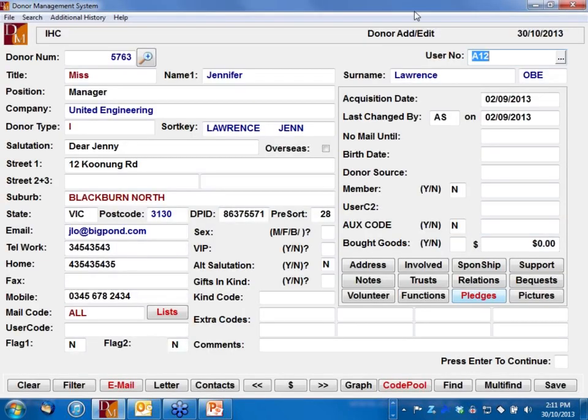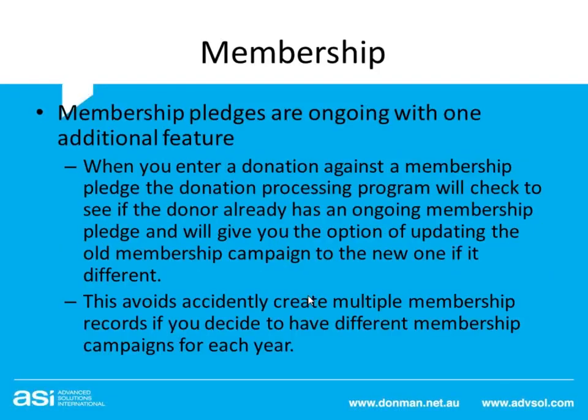Now, going back to my slides, the next sort of pledge is membership. A membership pledge is an ongoing one. And a membership is really the same as a normal ongoing, but it has one additional special feature.